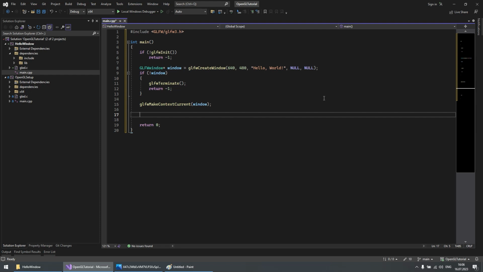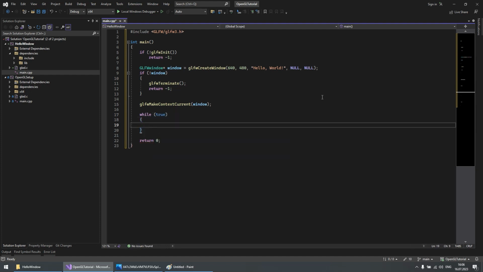Then, after this, we need to have a render loop, which is basically a while loop. We can create a while true, which runs forever, but it's better to check if this window is still open. So we can check if it's not closed; as long as it is open, you keep running.